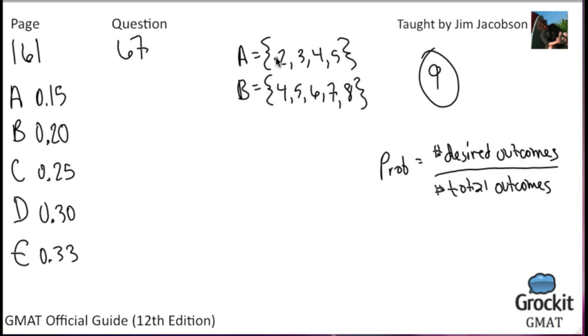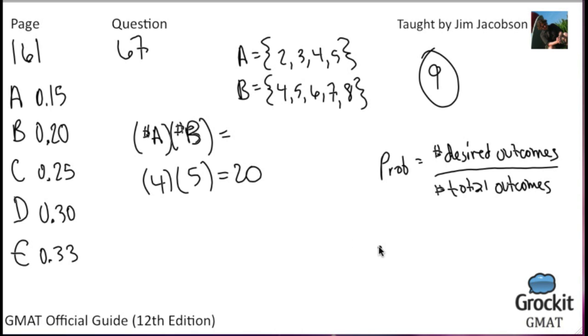So for every number we choose from set A, there are going to be 5 different pairs of numbers. So 2 plus 4, 2 plus 5, 2 plus 6, 2 plus 7, 2 plus 8. So for every number in A, there are 5 different choices in B. So the total number of possibilities is the number in A times the number in B. So in this case, the number of options in A is 4. The number in B is 5. There are 20 different possibilities, 20 different pairs of numbers that we can choose when we choose one from A